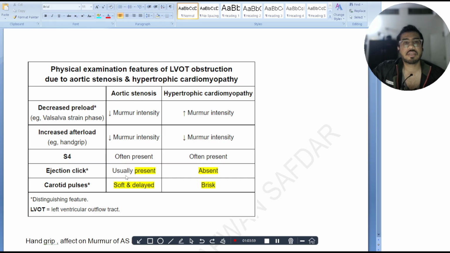So this is another comparison of aortic stenosis and hypertrophic obstructive cardiomyopathy. So both of these murmurs are going to decrease when there is greater blood in the left ventricular